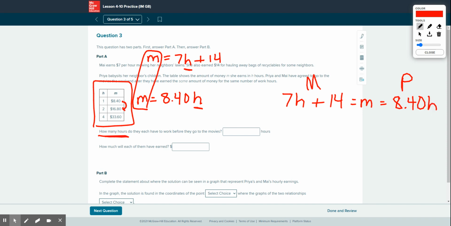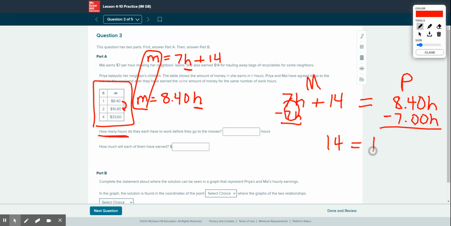Now, recognizing that both of these expressions equal M, both of these expressions, since they equal the same variable, could also be equal to each other. And by being equal to each other, we have the opportunity to solve for H by using the subtraction property of equality to get rid of that $7 per hour, which leaves us with $14 of difference